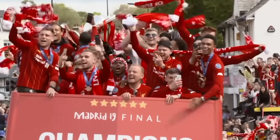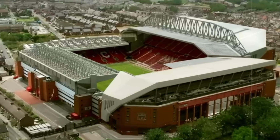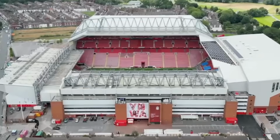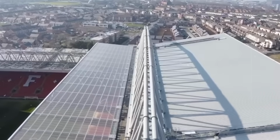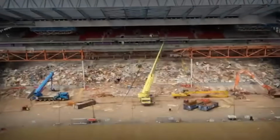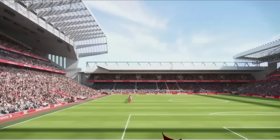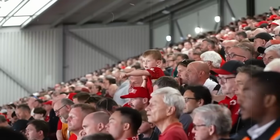But what's next for Liverpool's home? Phase 2 of Liverpool's Anfield expansion plan, which was first announced in 2014, is complete with the Anfield Road Stand taking capacity to just over the 61,000 figure. However, further expansion faces significant challenges. If John Henry and Billy Hogan want to invest in further redevelopment works in the coming years, then there might be some stumbling blocks. The primary constraints are the residential areas surrounding the stadium and the protected status of Stanley Park. Any further expansion would likely require a completely different approach, potentially rebuilding existing stands rather than simply adding to them. However, with the current 61,000 capacity, Liverpool has achieved their primary objective of creating a financially sustainable stadium that